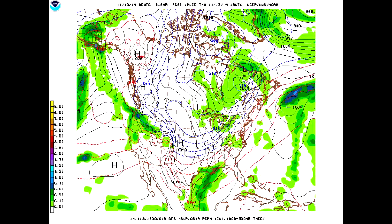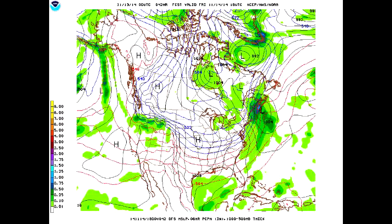Could see a flurry or two in the morning hours in our northeastern counties. Otherwise, it'll be partly to mostly sunny, mainly in our western and southwestern counties. More clouds in the north and eastern counties. Highs still remaining in the 20s and 30s today, 20s and 30s here as we move into Friday as well. Any precipitation will be in the Great Lakes in the form of some light snow showers, maybe some accumulating